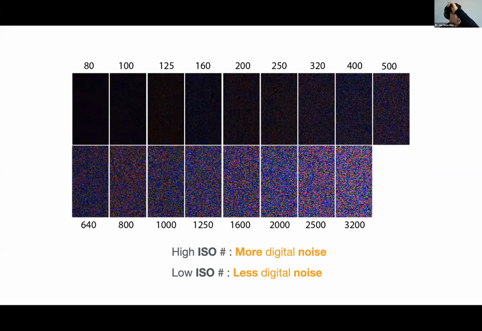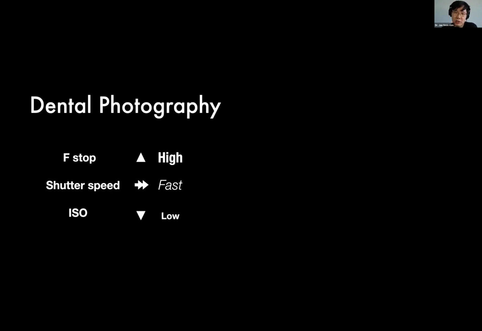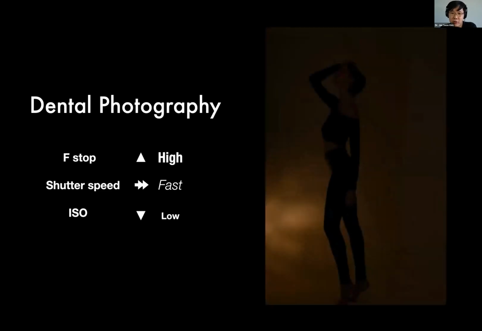So in dental photography, we just talked about three factors. The f-stop, you want to keep as high as possible, in the higher range, so you get depth of field. For the shutter speed, you want to keep it relatively fast so the image is not moving. For the ISO, you want to keep it as low as possible so you get a crisp image when you blow up the photo. And if you put all of this together and take a photo, you're getting a photo that